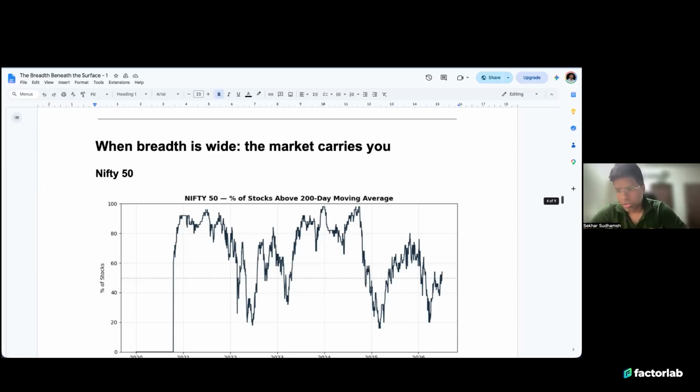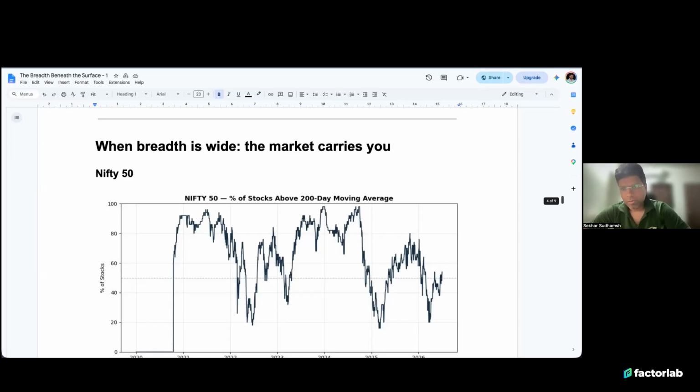So one way to quantify or measure market breadth is to calculate the percentage of stocks within a particular index which are above the 200-day moving average. So if we have Nifty 50, then for each of the 50 stocks, we calculate what percentage of stocks are above the 200-day and what percentage are below. If a higher number of stocks are above the 200-day moving average, then we say the market breadth is good. In a good market breadth scenario, it is an overall bullish regime. Whatever stock you pick, it will go up. And in these times, there is no need for a fund manager because anyone can randomly throw a dart, get a stock, and ride the trend. That has happened a couple of times in the market.